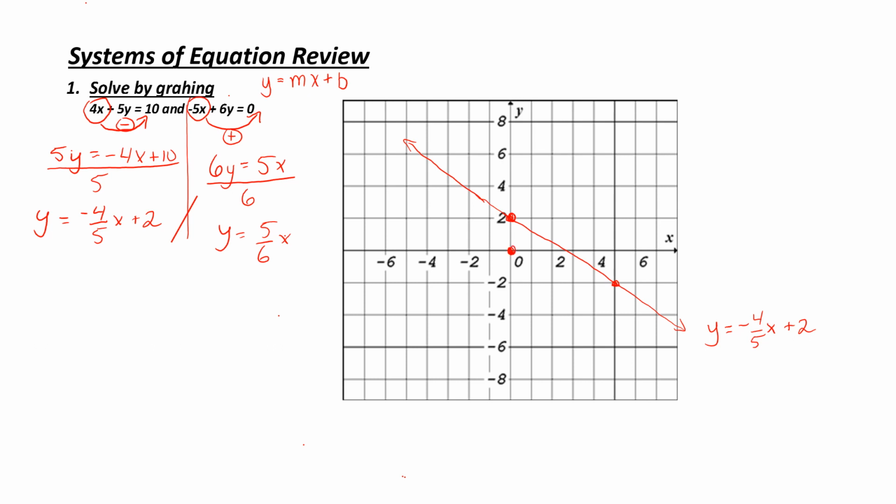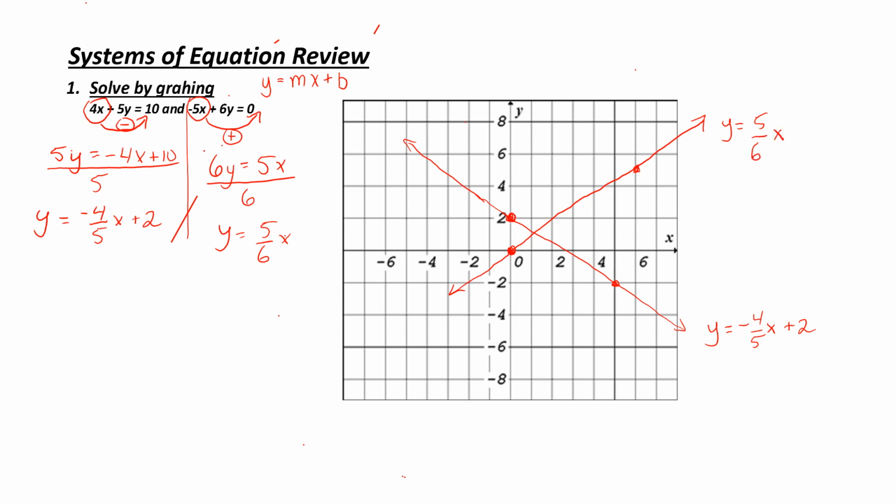My slope is 5 over 6. So what does that mean? My rise is 5, my run is 6. Therefore, I'm going to go up 5 and over 6 and put a dot there. I'm now ready to draw my line. So I draw my next line, put arrows on the end. Don't forget to label your equation, y equals 5 over 6x,